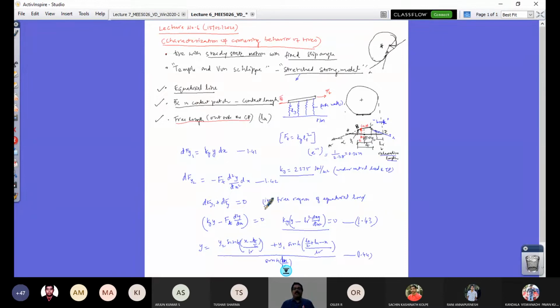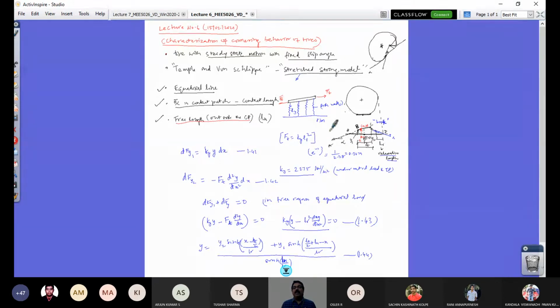And then we looked at the two forces acting on the differential element. Consider position x comma y from point O, which is the center of the contact patch, where y refers to the lateral displacement, or the best word is deflection, lateral deflection of the tire. That would offer here an elemental force given by dFy1, which is equal to Ky y dx.